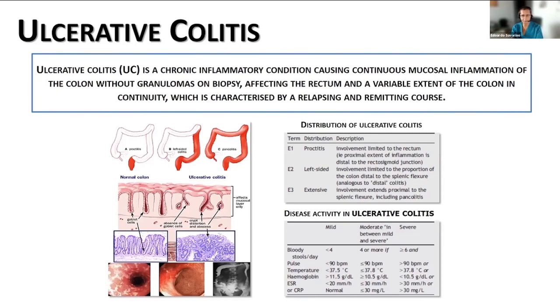it may have a segmentary localization, in the sense there may be rectal or sigmoid involvement, rectal, sigmoid, and left colon involvement, or possibly the colon is affected completely, which in this case is called pancolitis. Obviously, the greater the extent of disease, the greater the probability that the patient has clinical symptoms that compromise the quality of life and jeopardize health, and therefore there is a greater risk of repeated episodes and a need for surgery,